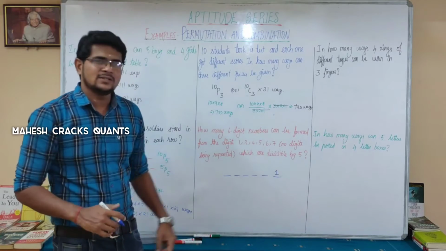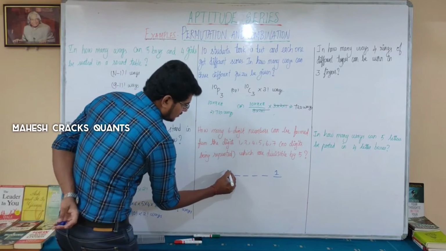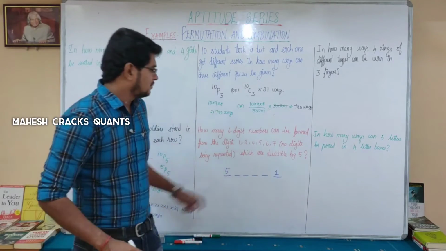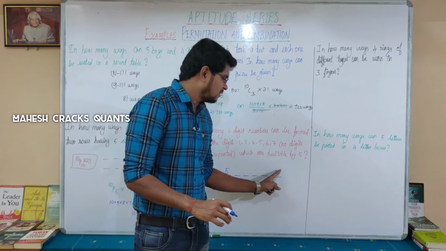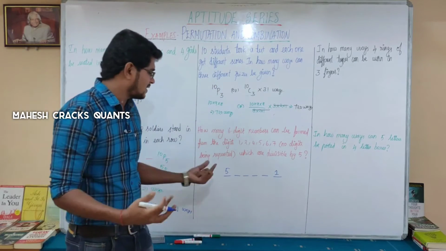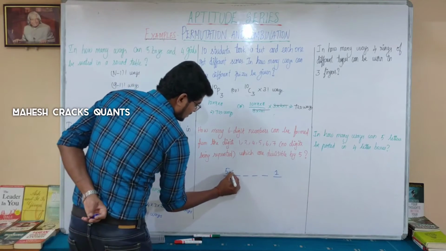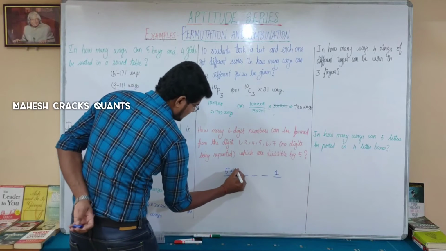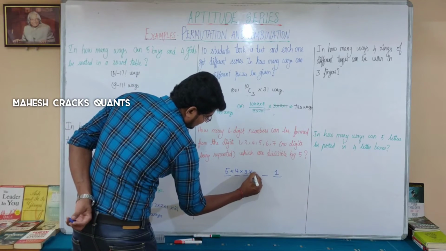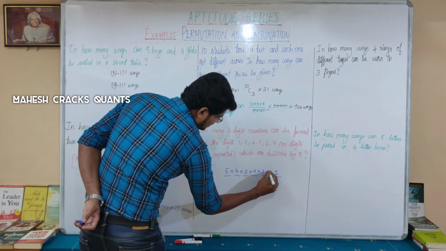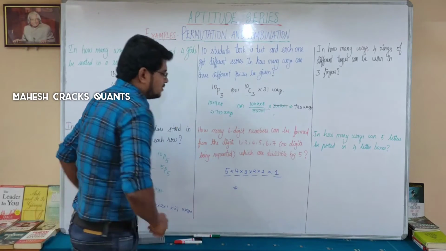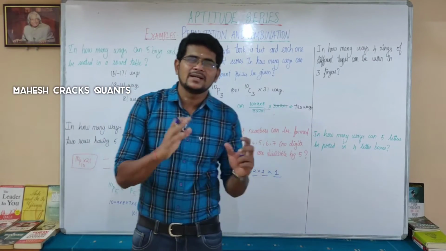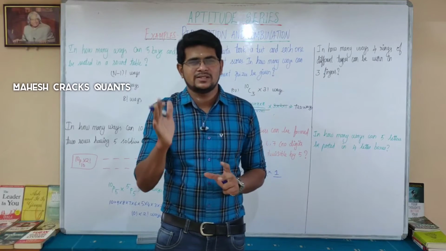No digits being repeated means, what are the choices for placing the first digit? For the first digit I have 5 choices, because totally I have 6 digits and I have placed 5 here. Then 4 digits, and then 3 digits, and then 2 digits, and then 1 digit. So when you multiply this, you will get the answer. This can be told as 5 factorial ways. 5 digits can be arranged in 5 factorial ways when no repetition is allowed.